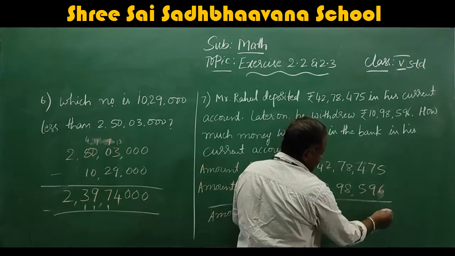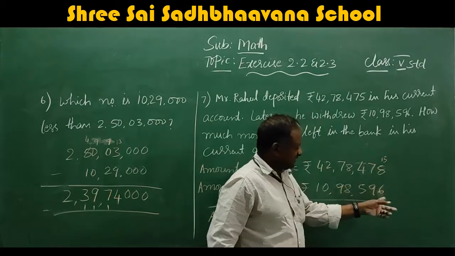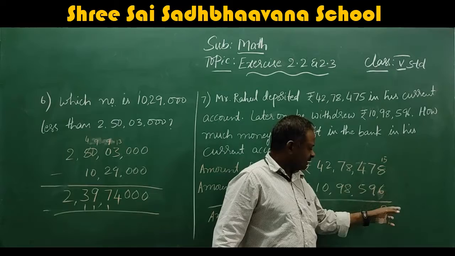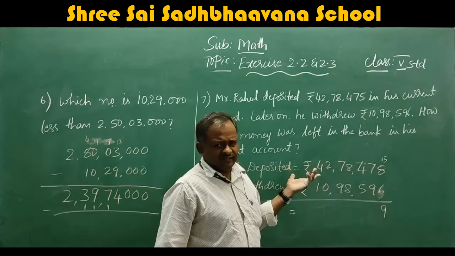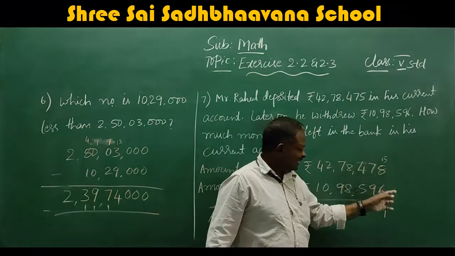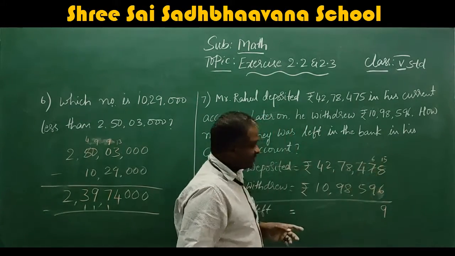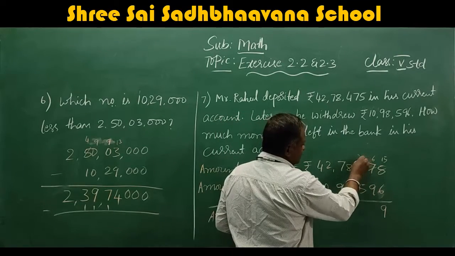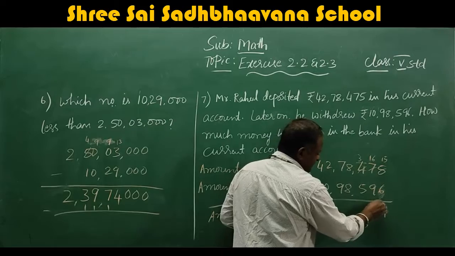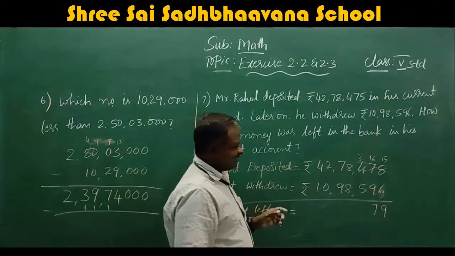So 15 minus 6, 9. 15 minus 6 because here it is 5, here it is 6. Take carry, so this becomes 15. 15 minus 6, 9. These are all the very simple problems. For that reason only I am moving fast. This becomes 6. So take carry from here. This becomes 3, 1. 16 minus 9, 7.